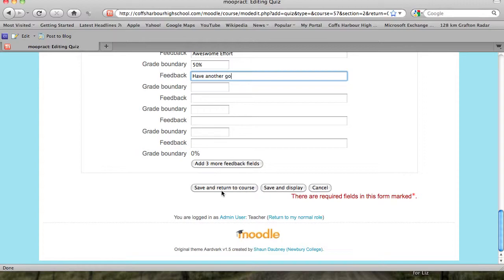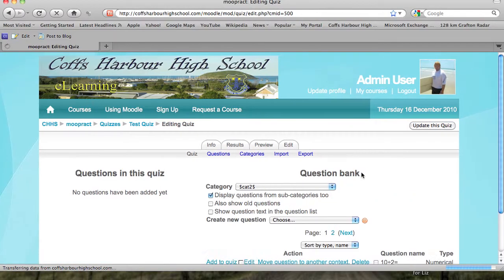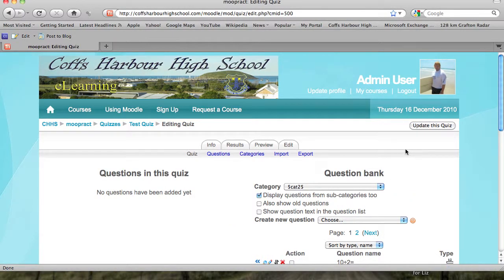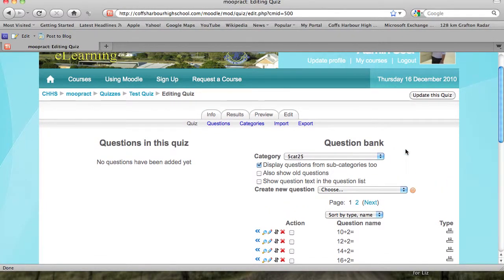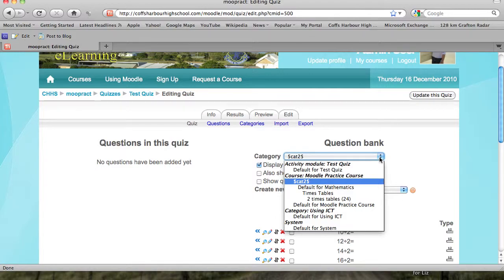Now, that's not the quiz, that's just basically the front page of the quiz and the parameters that the quiz operates within. So if we click on Save and Display, it takes us to another page where we can start to add questions. Okay, so we've got a bunch of different questions. You can either choose to use questions from within a question bank that already exists,